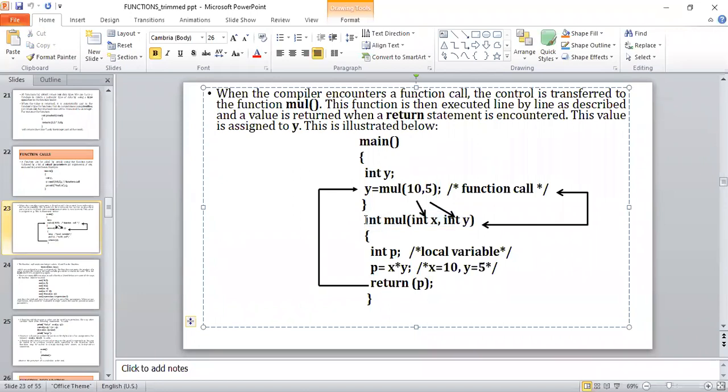Now we have written int multiply of int x comma int y. See the function header. What is the type of the function? It is integer.